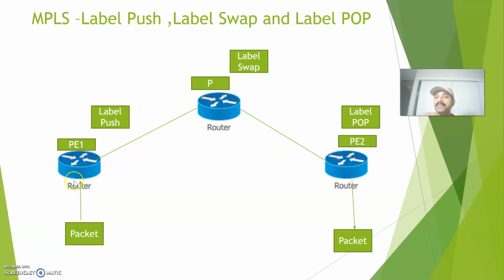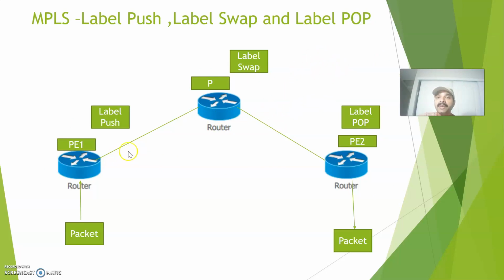The process in which the label is distributed to other routers is what we call LDP, the Label Distribution Protocol, which is used for distributing or advertising the labels. Once the labels are advertised, it will build a base called LIB. I already told it's the label information base, which contains all the label information and works at the control plane. At the data plane, we always use the forwarding plane.